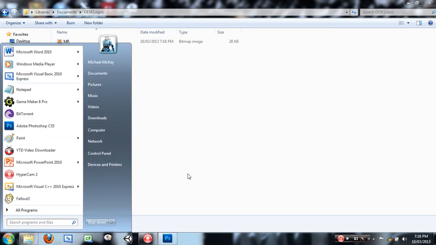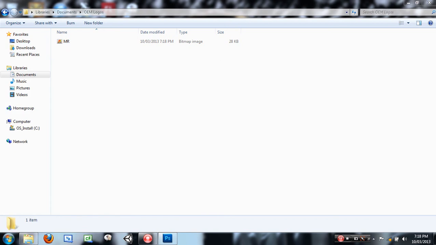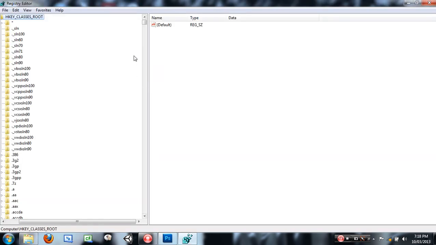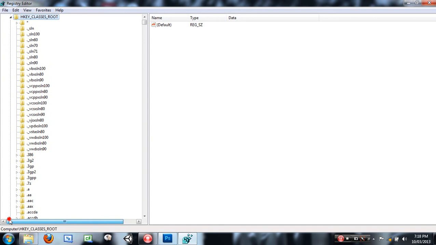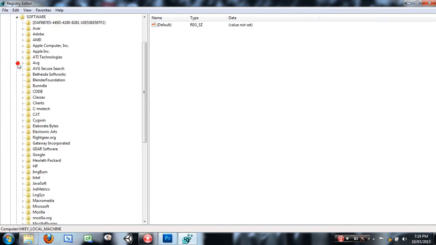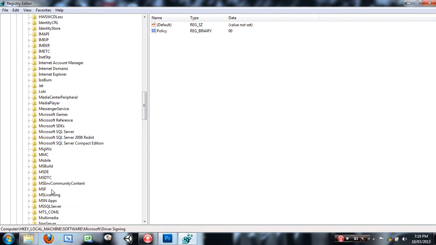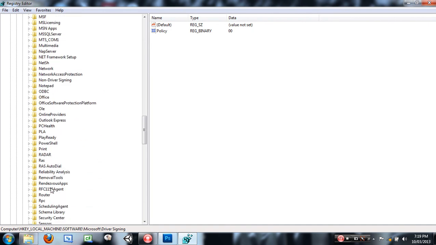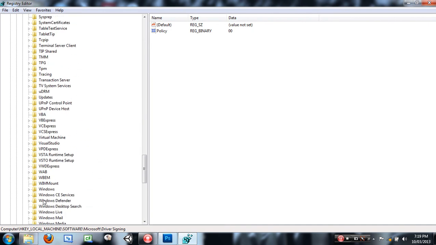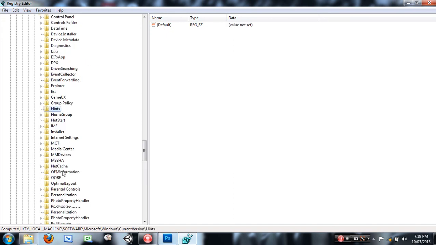Then go and open Registry Editor. Now yours will probably look like this. Just close HKEY_CLASSES_ROOT and open HKEY_LOCAL_MACHINE, Software, Microsoft, and find Windows. There it is. You want CurrentVersion, then